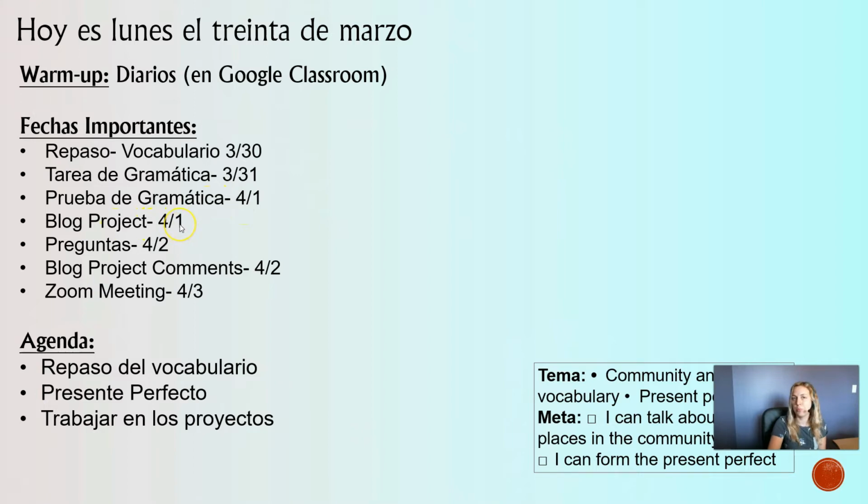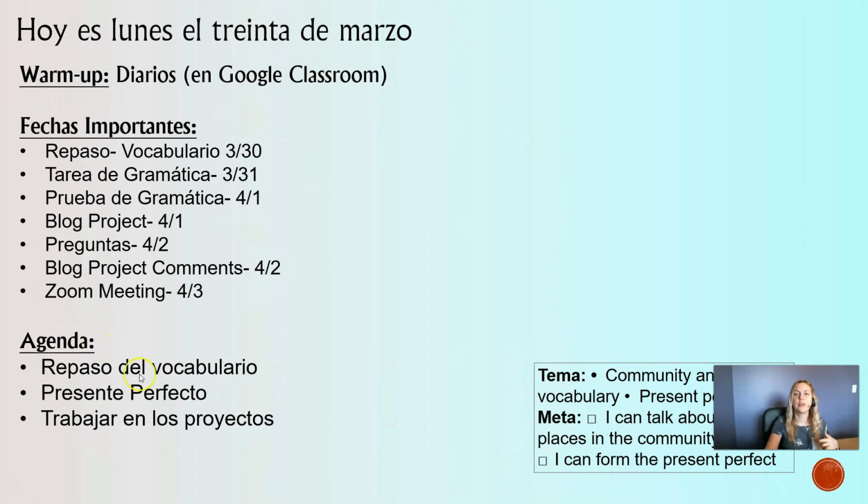Also, that day, your blog is due, which at the end of class today, I'm going to go over exactly what's due. And then on the next day, on Thursday, we'll have some questions about the daily lesson. And then your comments are due on your blog. And then Friday, we'll have a meeting on Zoom to look at all of the projects together and talk about the week, how everything is going, right? So those are fechas importantes.